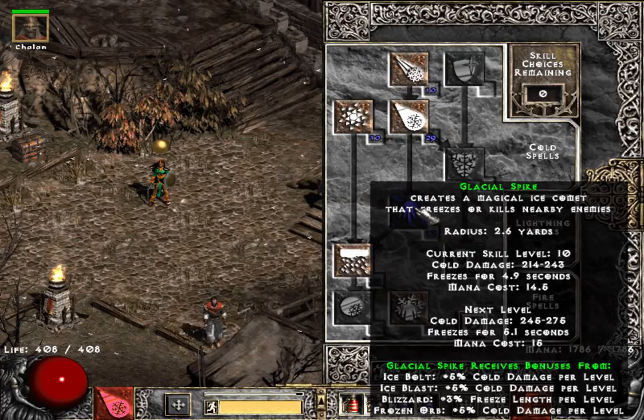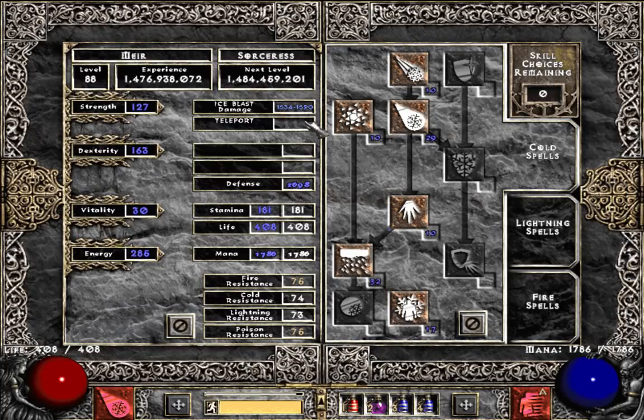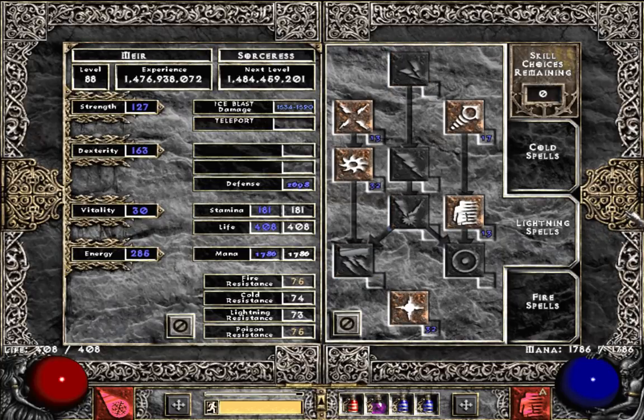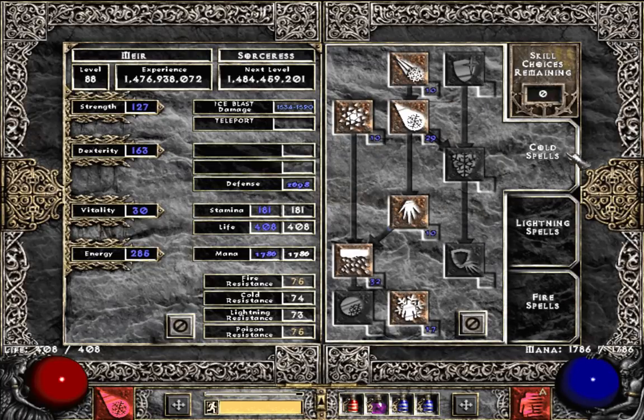The damage is just so bad, and sometimes you really just kind of need to kill like one monster. And so, I mean, my Ice Blast is like almost 1.6k. When I maxed Glacial Spike, it got up to like 400 damage, which was just crap. You just can't kill anything. It's terrible. Then Lightning, max Nova, max Lightning Mastery, and then here's where you kind of have to make a